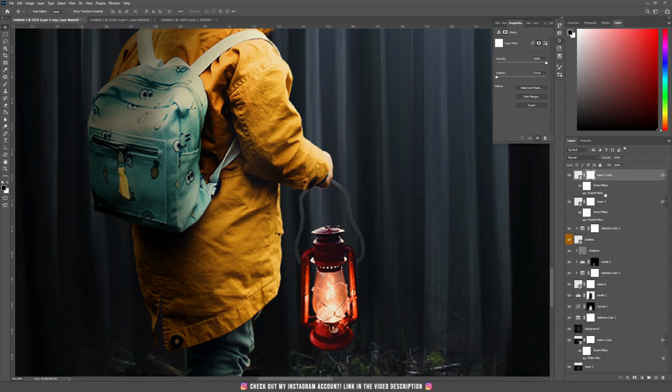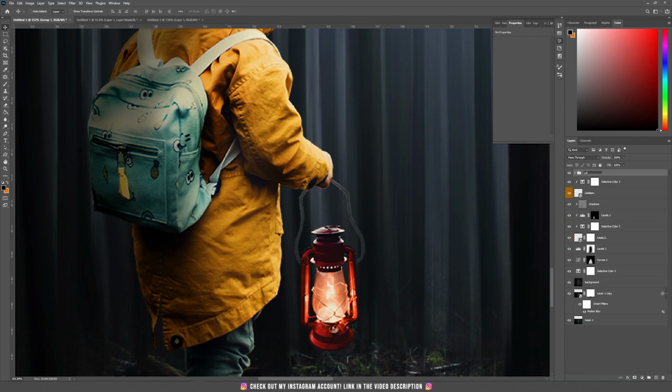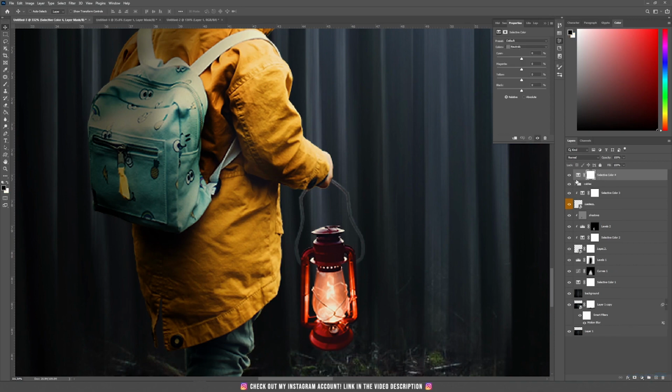Alright, now I'm going to change the colors. So first of all, let's click on those two layers and select them and add them to a group. Let's call this one cables. And now I'm going to do a selective color adjustment layer, clip it inside the group, and just play with